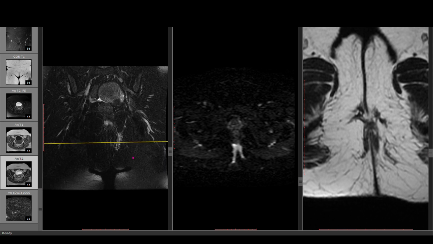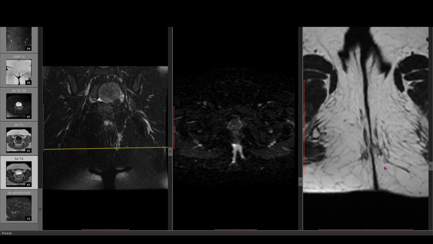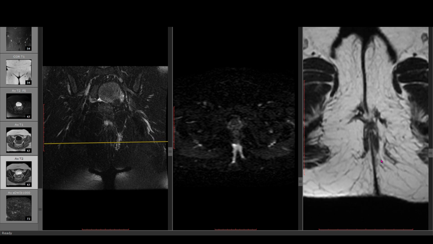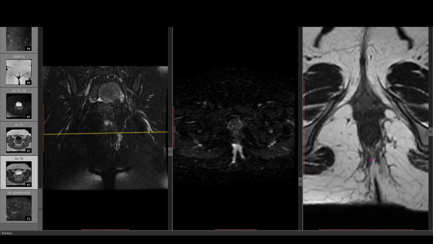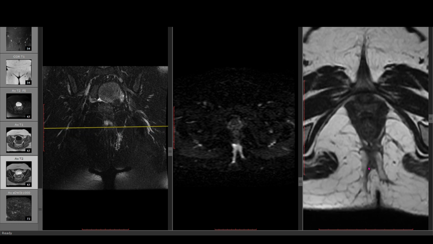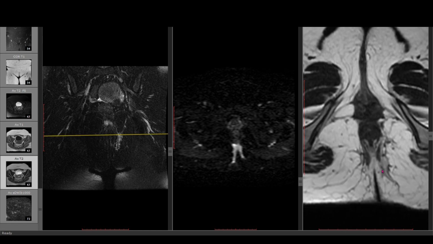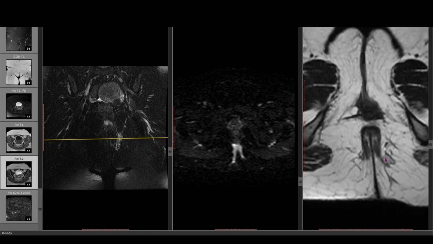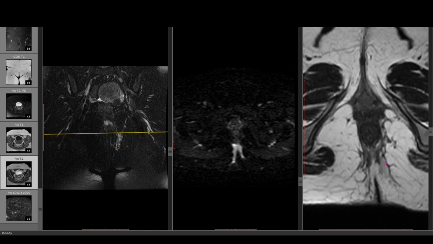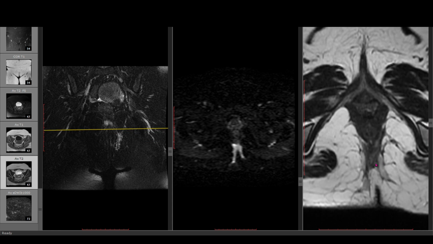If you see it closely, what happened here is the track actually goes superiorly, and the right side track is seen outside the external sphincter. This is the external sphincter. The left side track tracks a little bit more laterally. It doesn't go inside, more laterally, and it ends in a collection here.